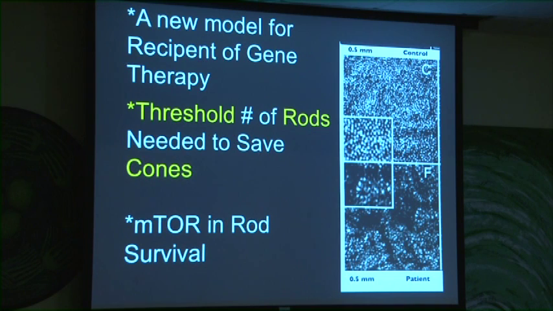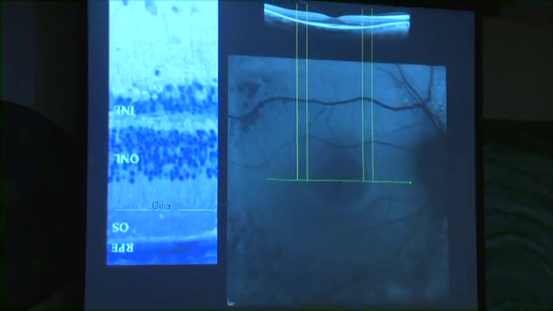So this would suggest that there is probably a threshold number of rods you need to rescue before the cones start looking funny, which I don't know how to describe other than they look funny, or some kind of dysmorphic cone. So even putting the cDNA, putting the gene back, may not be sufficient, because most of our patients do not come to clinic at an early stage of disease, maybe they come at mid and late stage of the disease. So there is a region that is pretty important that I'm going to highlight, the inner segment, outer segment junction, or the ellipsoid zone. So you do OCT staining, there's a high density